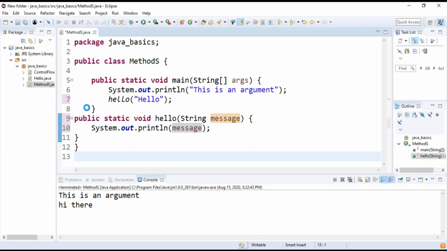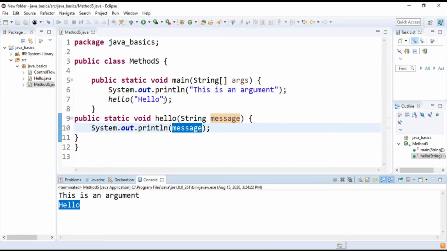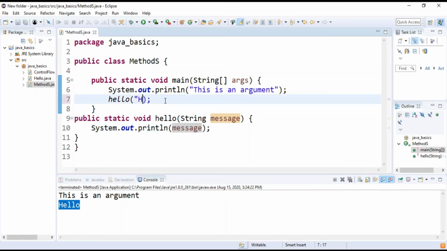So now just save it and run. See, we have passed hello. The hello is now stored in the variable message, and then we have printed message and it has been printed. Now what if I try to enter some integer value like 85 and then I'll run?